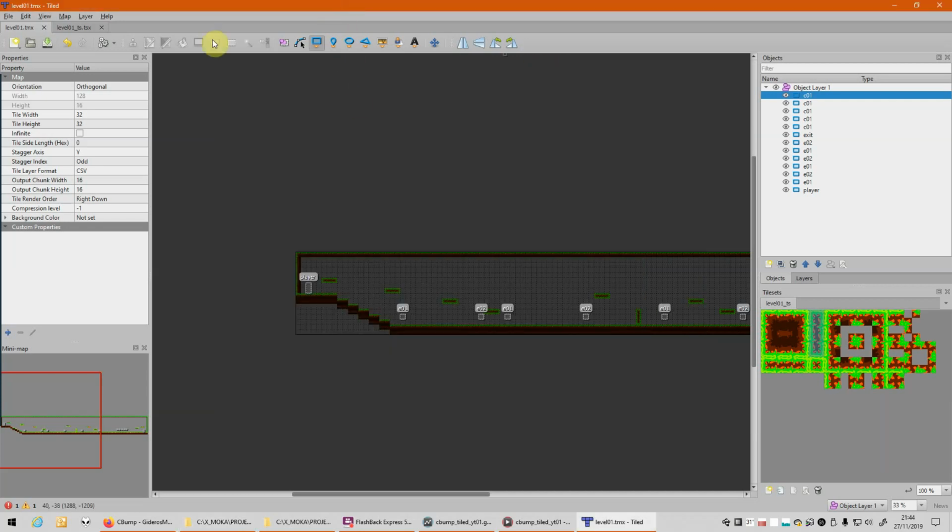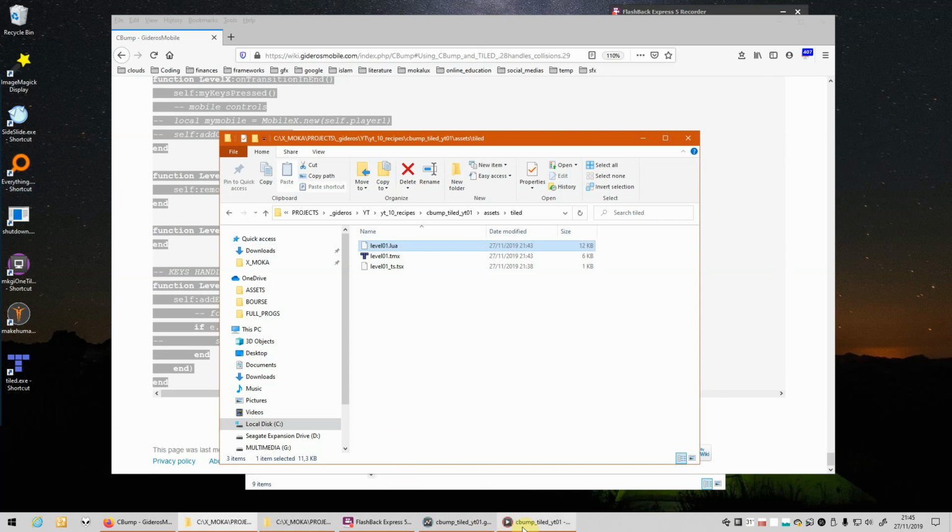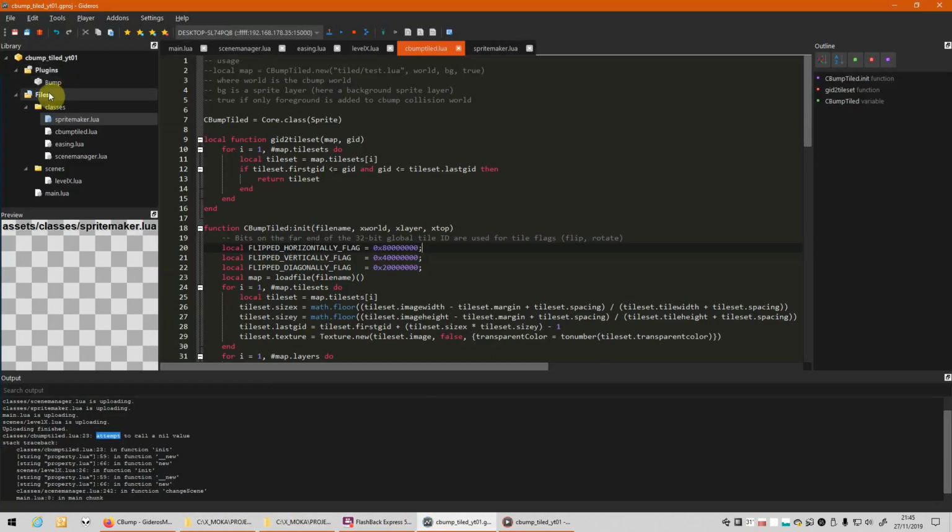Cool. So I can close tiled, and I'm going back to Gideros plugins, files, refresh.